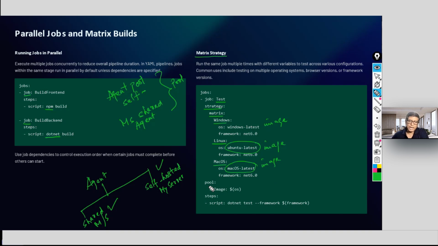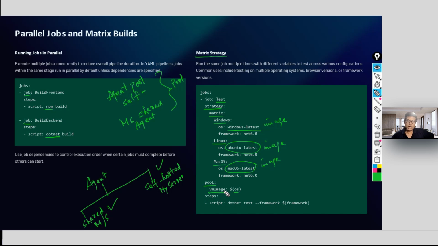and then you can have a pool. You are defining the pool, that is this one. So that means that your VM image, these are all keywords, YAML keywords that is given by your Azure DevOps. So you say you have defined a variable called OS. Now this is a dollar to interpolate. So this OS will depend on whether if you are working on Windows environment, the value will be this. It cannot have all the three values.